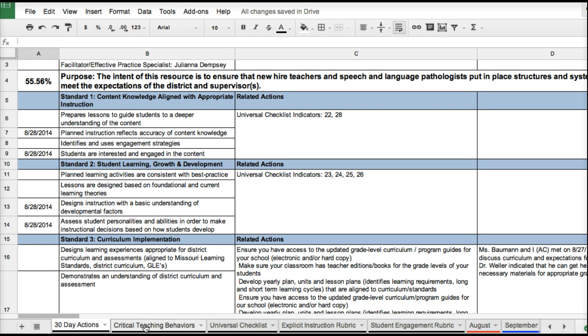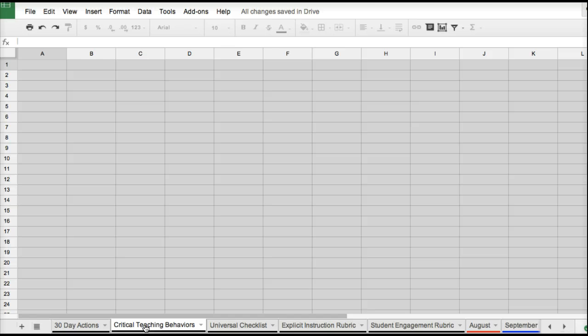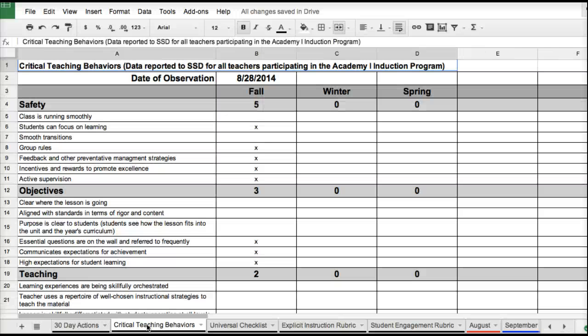The second tab that you'll notice is one called Critical Teaching Behaviors. If you're in years 2 and 3, you'll be very familiar with this. If you're in year 1, this might be your first chance at seeing it. The critical teaching behaviors are things that we report to Special School District for all teachers across the county who are participating in Academy 1. And so we collect data in the fall, in the winter, and in the spring.